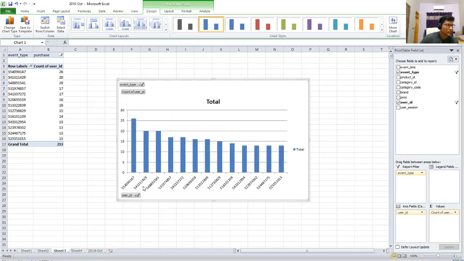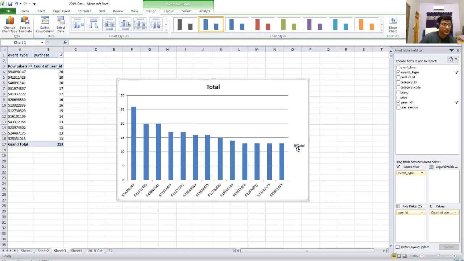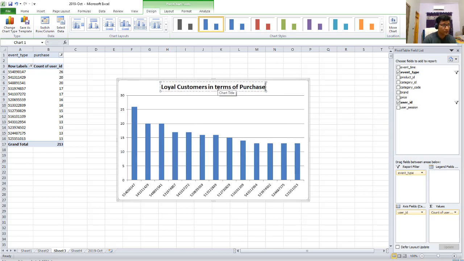Then on the third we have users, who are the best users for us, who are paying us a lot. And this information is important because we need to reward them, we need to say thanks to them, and if we have the data, if we have the insights, then we can definitely do that. You can give another name as well, but